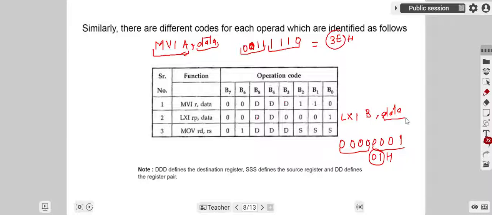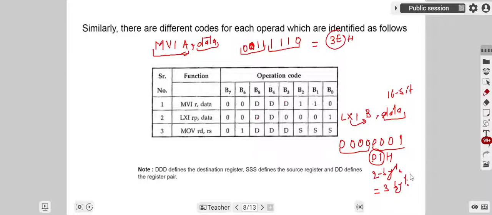And to store data, this data will be 16-bit data here, because we are using the extended version. X means extended or indirect. B means BC register pair, and in the BC register pair we can store 16 bits of data. So that's why the data required here would be 16-bit data. This 01 is the opcode, and 16-bit data would require 2 bytes. So 1 byte plus 2 bytes, this instruction would be a 3-byte instruction.